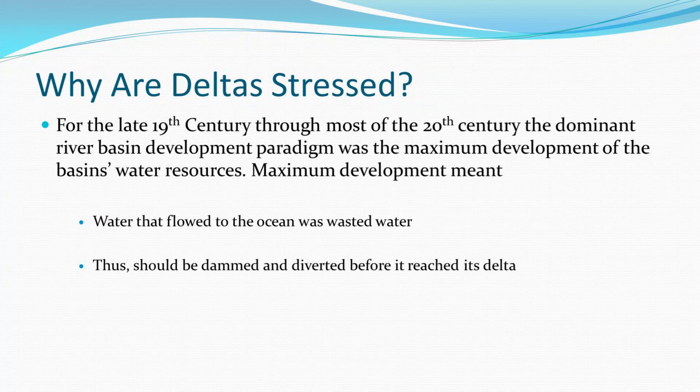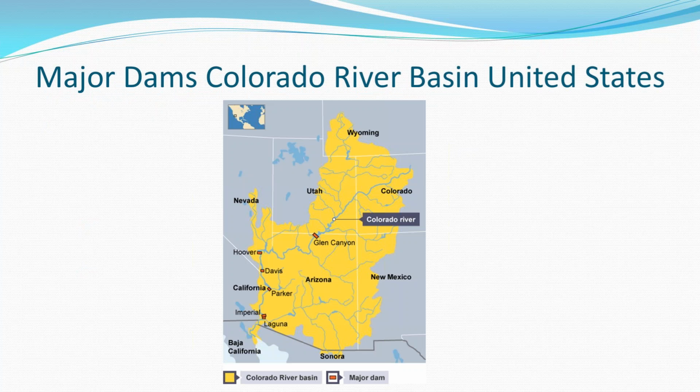And what followed from that was a view among many engineers who really controlled water resources development that rivers were imperfect examples of nature and needed to be perfected, and of course perfected by dams and diversions. And so what that meant was that